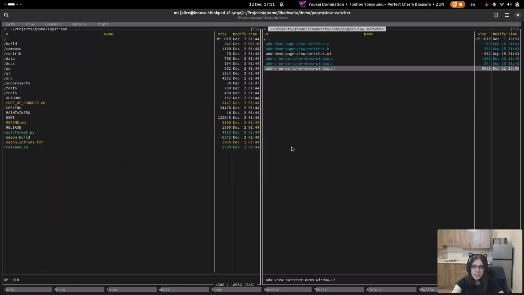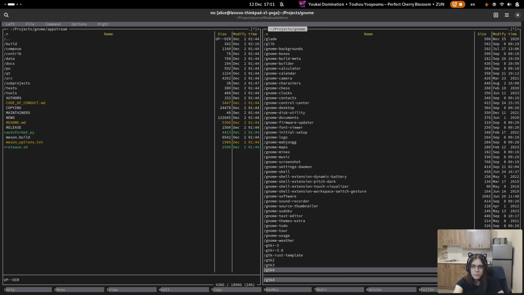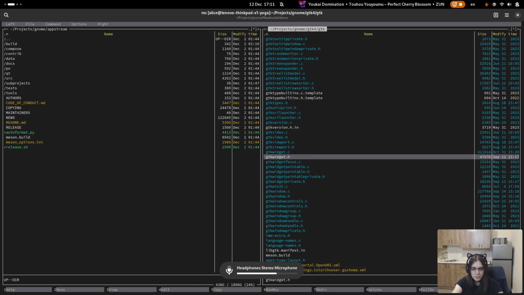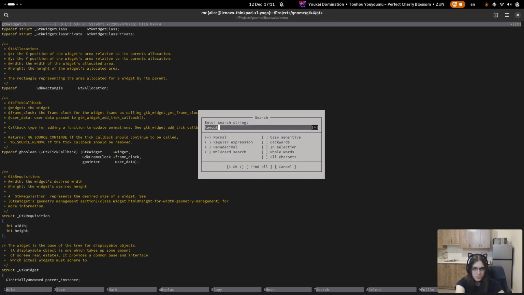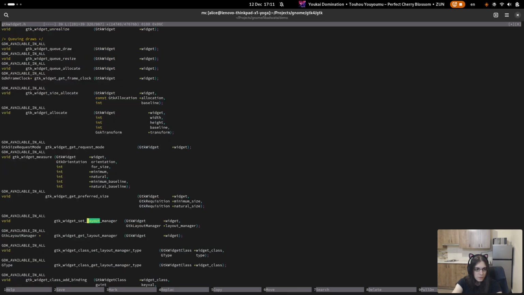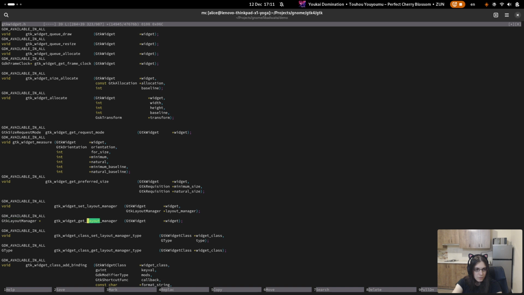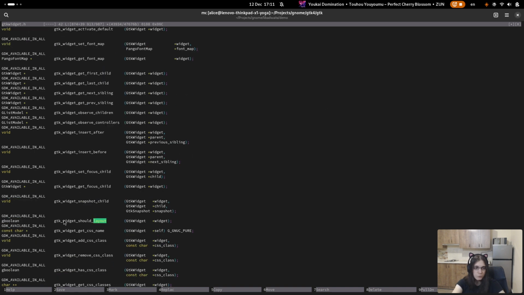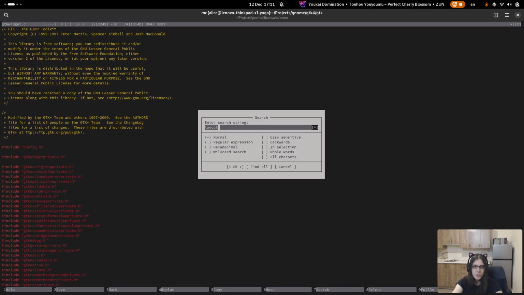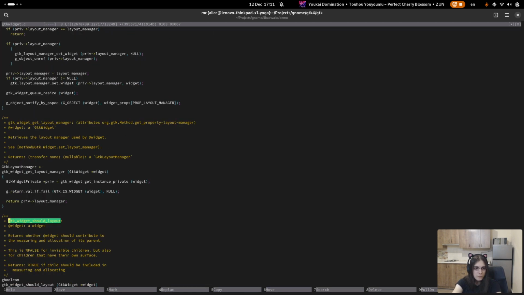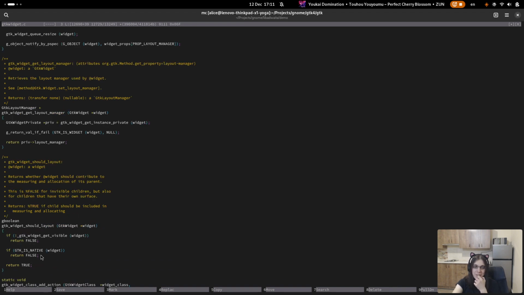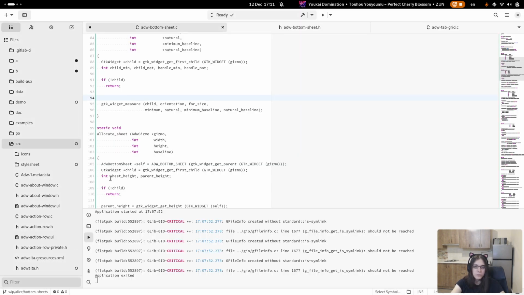I believe GTK had some helper for this, let's see. Yeah, gtk_widget_should_layout. I believe it checks if it's not visible, then false. If it's native, then false, otherwise true. Good.